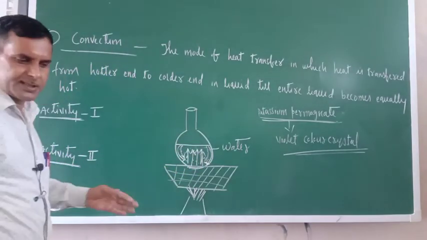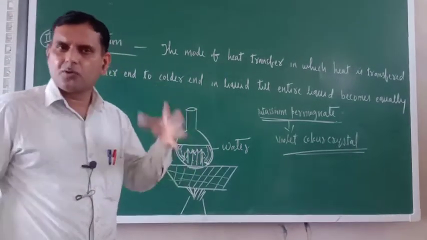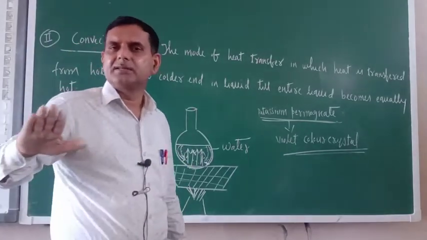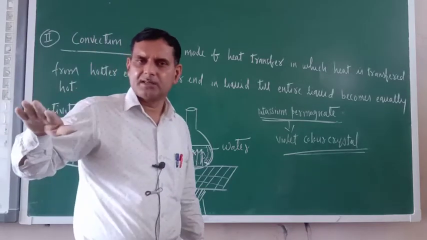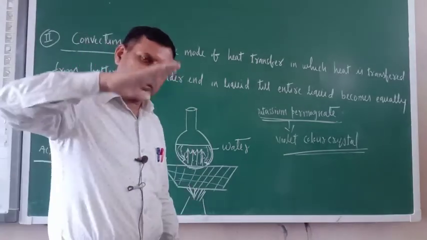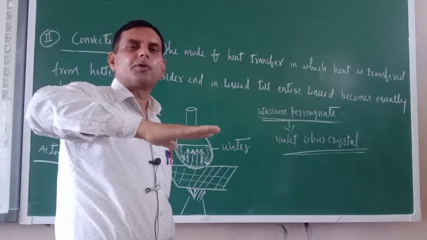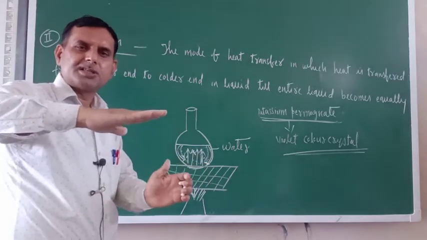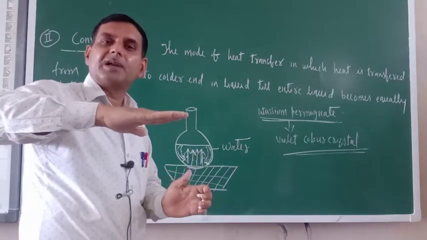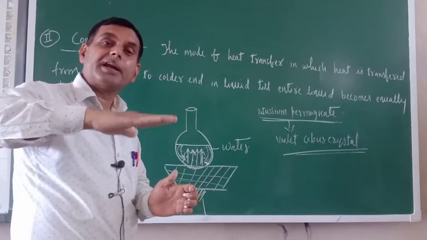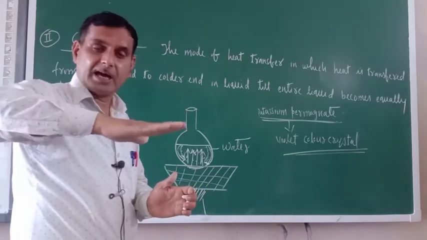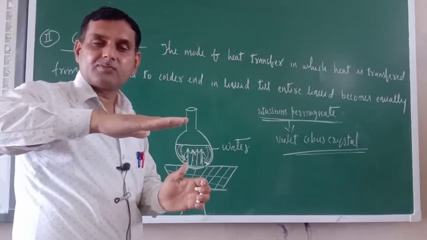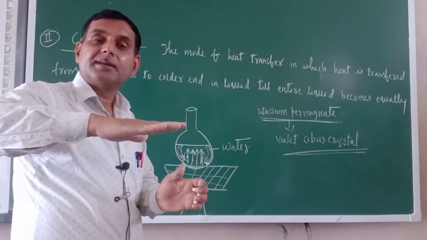Now we can do one more activity. Activity number 2. Just see, and you can perform this one at your home also. Take one burning candle. Place it or fix it on the table top. And from a little bit of distance, put your palm over the flame. Another palm just at the side of that flame. Where will you get more heat? You will get more heat at the top, on the hand which is just above the flame. And from the sides, the temperature won't be hot.